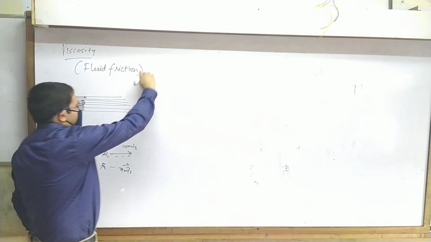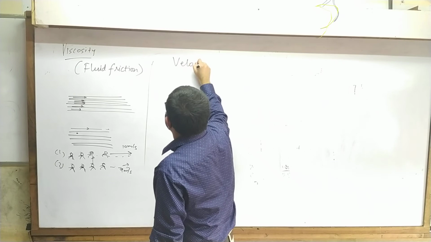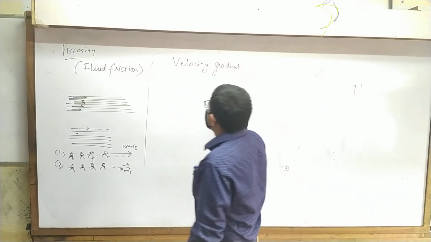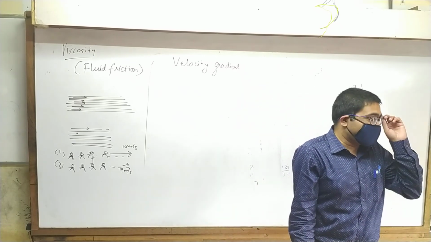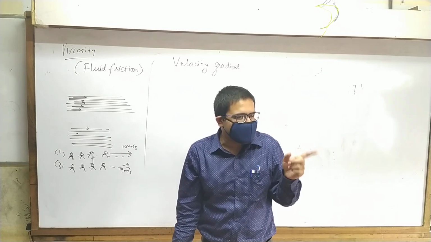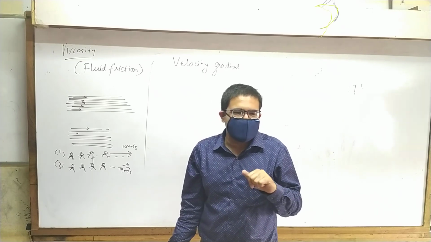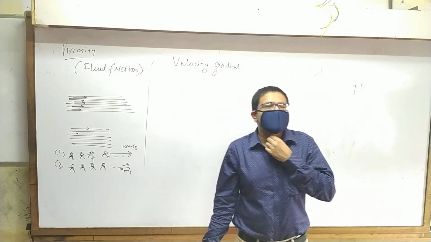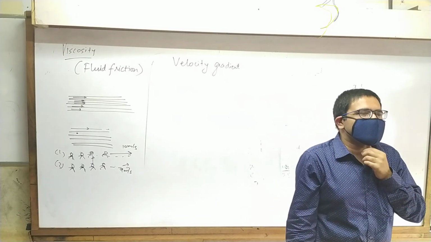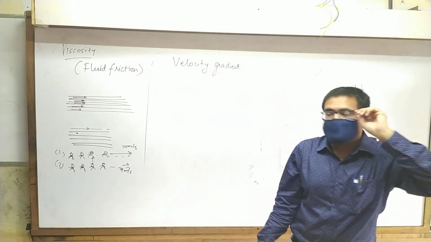So the first thing to understand is that viscosity depends on something called velocity gradient. Now what's a gradient? Have you studied gradient in maths yet? Yes, you have. Stand up. What's a gradient? You divide anything by length, then you get a gradient. Okay, close but not perfect.